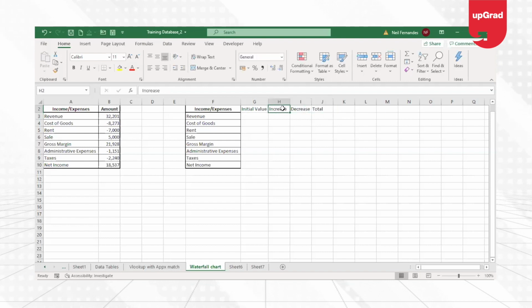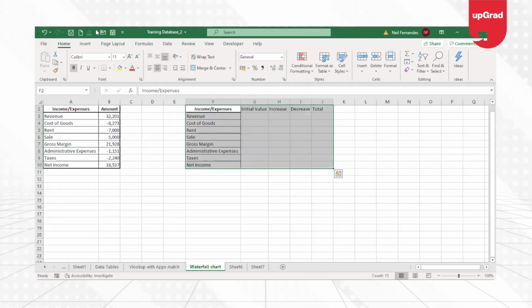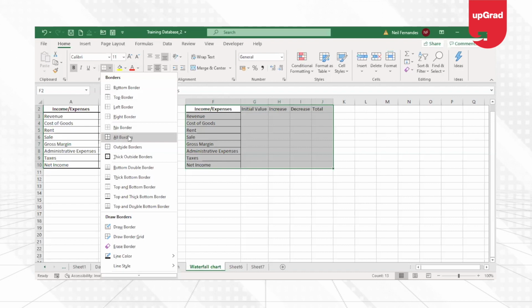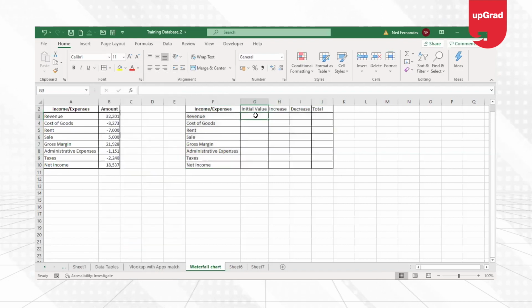That is also fine. Now that I have this data, I'm going to calculate it in such a way that gives me the initial value with the increase or decrease that has happened in the value. How am I going to start? Very simple.